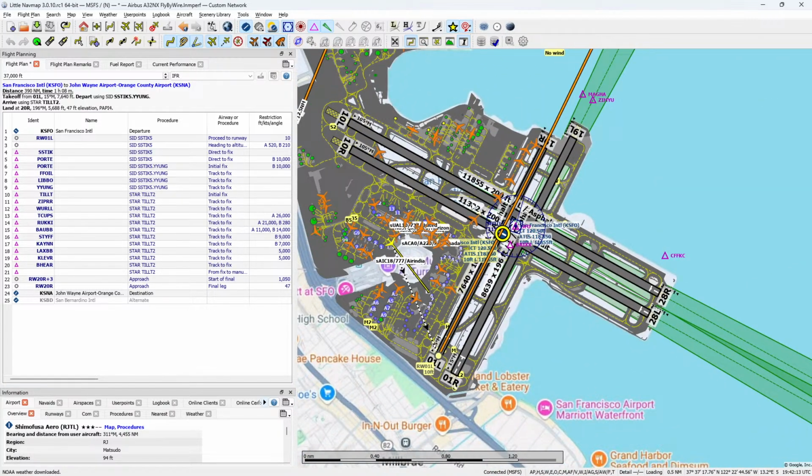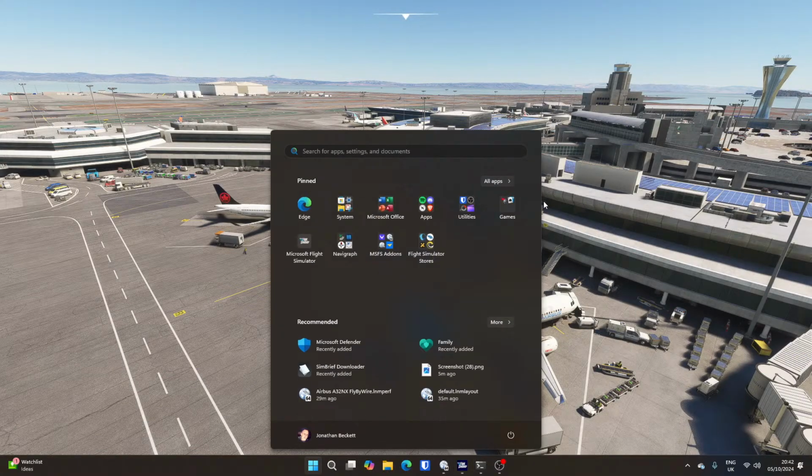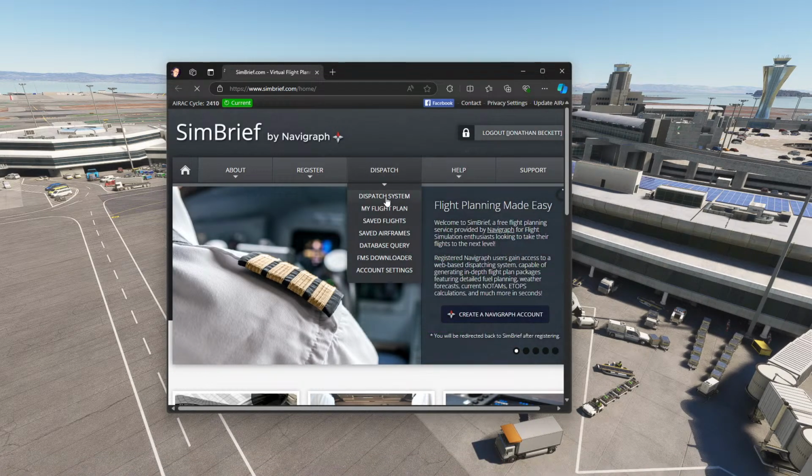So, see now, Simbrief has told me to take off on runway 1 left, but they are all queuing up for 19 right. There's no wind. So I'm thinking I need to go into Simbrief and correct it. So let's go to Simbrief again, go to dispatch